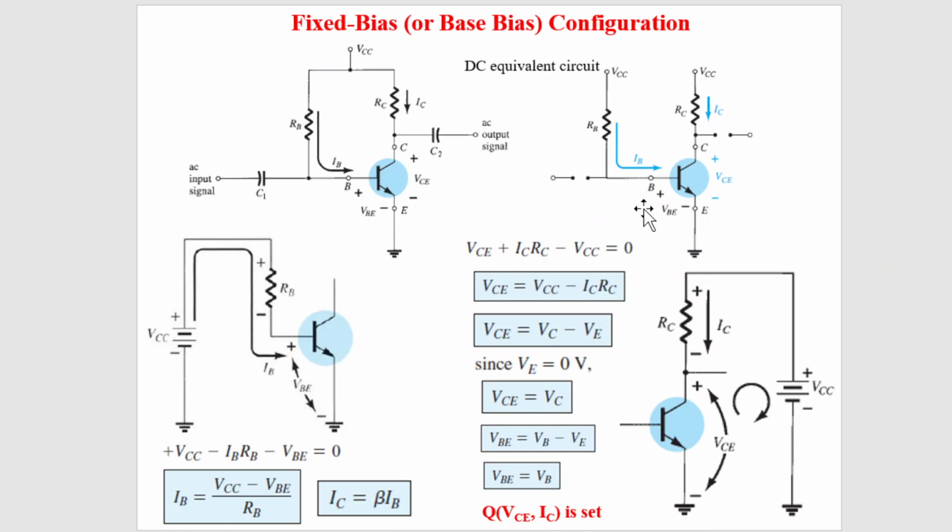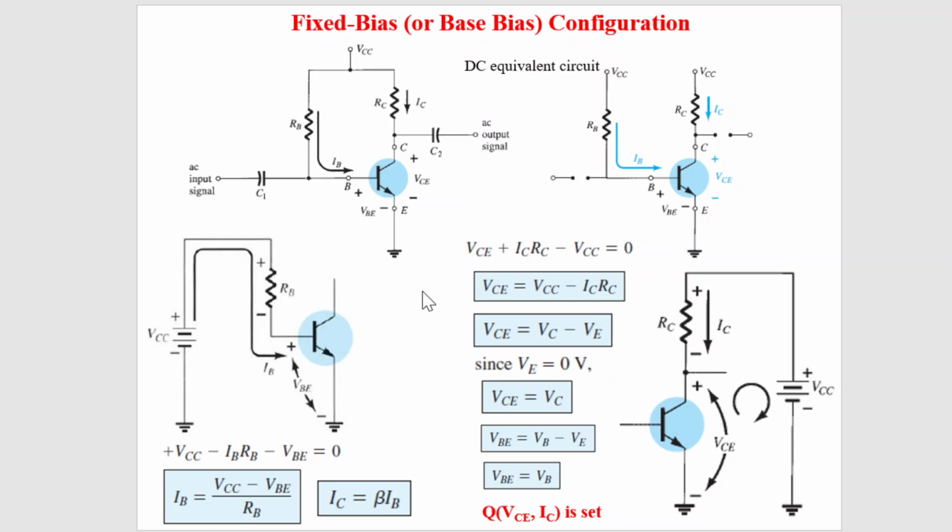So if you try to analyze this fixed bias configuration, let us draw the circuit diagram for the base emitter loop. You see, this is making one loop. The negative terminal of this battery is connected with the ground, and the emitter is grounded, so this ground and this ground are the same. I have drawn the circuit diagram again here. This is plus VCC and this is RB, going through the transistor. Let us assume that the IB current is flowing through the base loop.